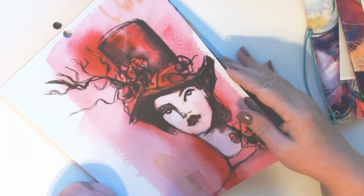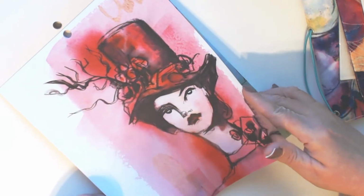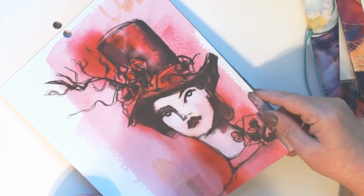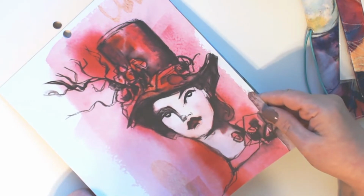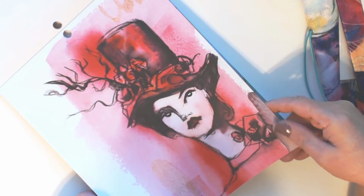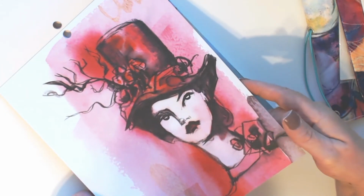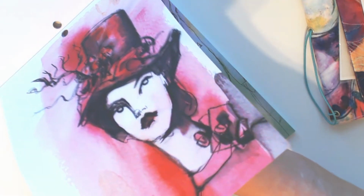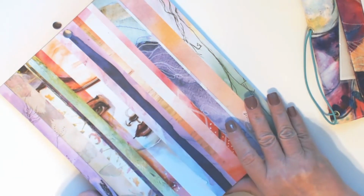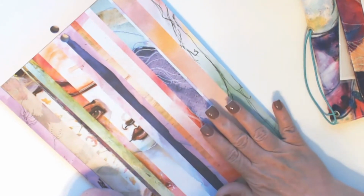Oh wow, look at her in her tall hat with flowers. She looks like she has an attitude, doesn't she? She has a bit of an attitude. And a pretty pink. Just gorgeous. And that was the last one. And then you have the same designs in another set of this paper pack. So this is the last